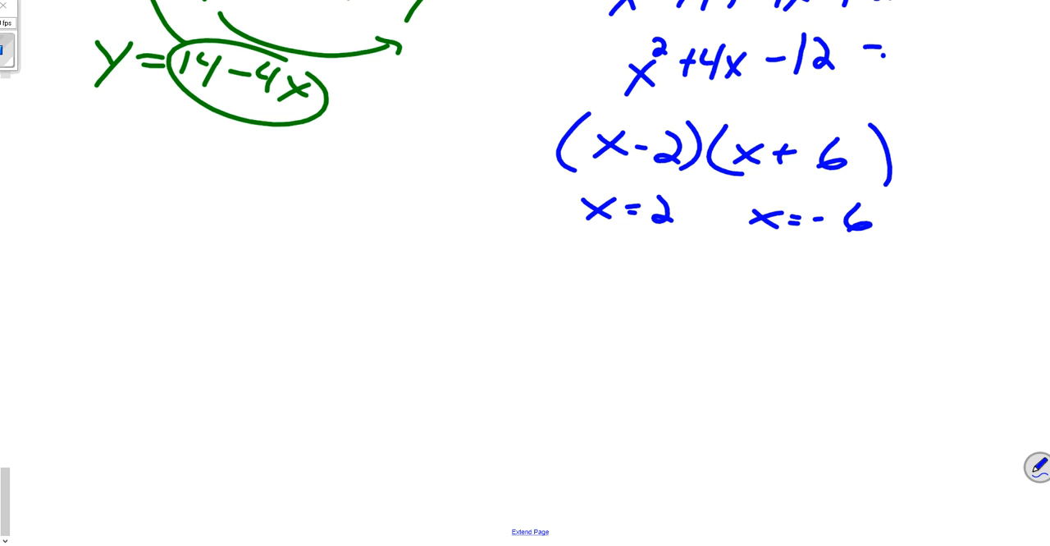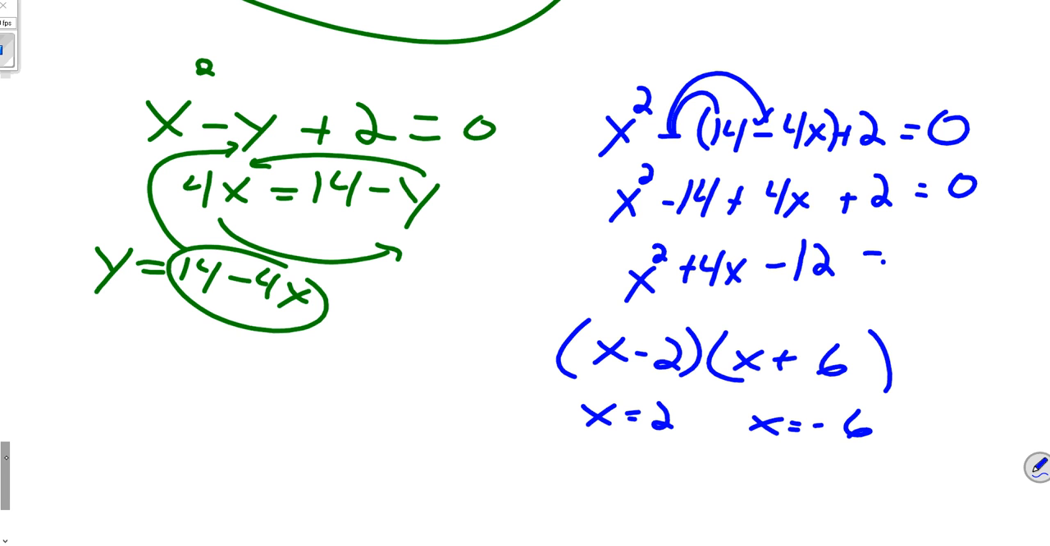Do you guys remember that? Okay, so I solved for my x values now, right? So now I need to plug that back in to get the y value. So I plug it into the easier of the two and solve for y. This is what they have in common. So you would do like y equals 14 minus 4 times 2, and then you would do y equals